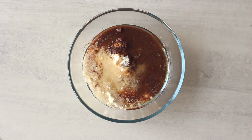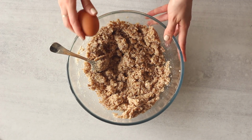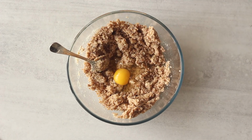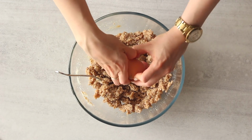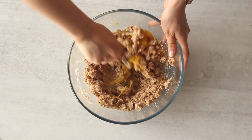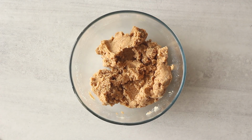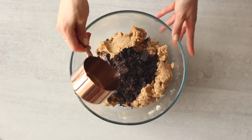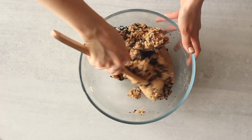Then I'm adding 2 free-range eggs. Just crack each egg into the cookie batter and then mix it up again. And lastly, I'm adding 1 cup of roughly chopped dark chocolate. You can also use dark chocolate chips, preferably unsweetened, but it's up to you. I've just used 100% dark chocolate that I've chopped up into little pieces and just gently mix that into the